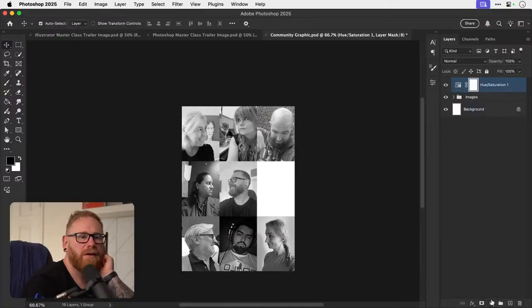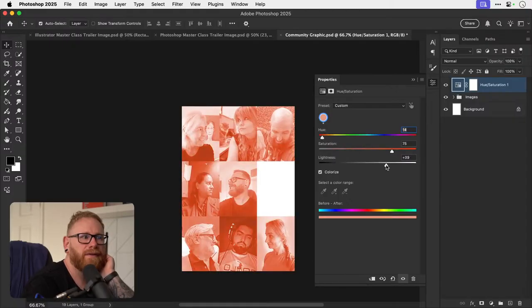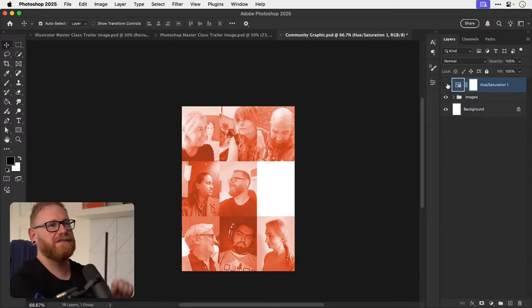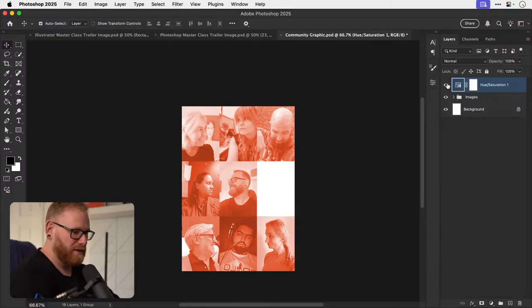Or maybe like an orange. I don't know, could do something fun just to make all the images sort of fit together. Yeah, maybe something like this.